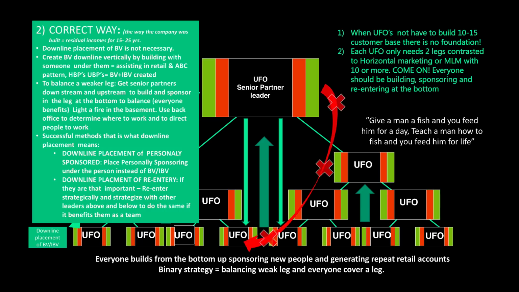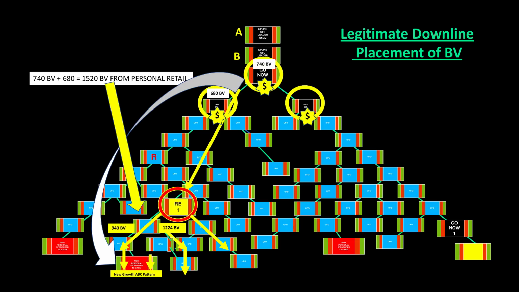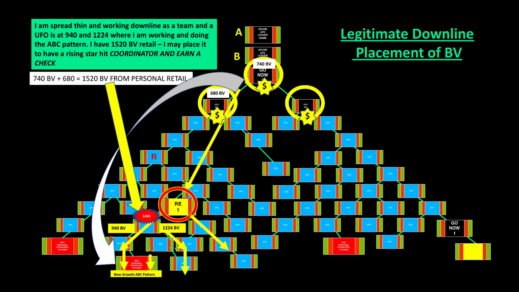So the thing that you don't want to do is have downline placement in one side. If you're working there, it's okay. And that's why I say it's okay to have downline placement in one leg. But when you do it in two to earn somebody a check, all you're doing is defeating the system, weakening the system, and working against the principles. So let me give you a hyperbole so you can see an exaggerated example of how this becomes a problem. So this one is a legitimate way of doing it. I'll get to that in a minute. There are some legitimate good reasons to do downline BV placement.